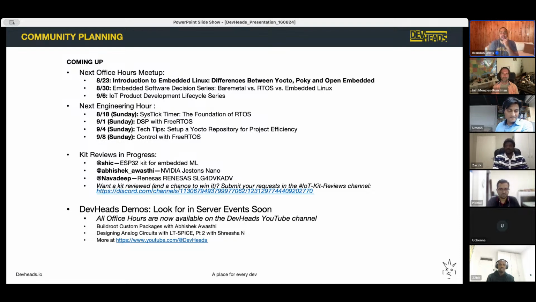Next engineering hour this Sunday, SysTick timer, we'll talk about RTOS. This is a timing function in Cortex-M devices that essentially implements an automatic countdown that kicks in an interrupt when you get to 0 and then restarts itself. So this is the type of thing that, if you're building up towards using a real-time operating system, SysTick timer is a session you'd want to check out and figure out, hey, maybe I can do this with or without an RTOS. Then later Zach's going to be continuing. Like I said, there's going to be some content here around you doing some actual stuff in engineering hours with FreeRTOS, some more hands-on, sort of applied technology.